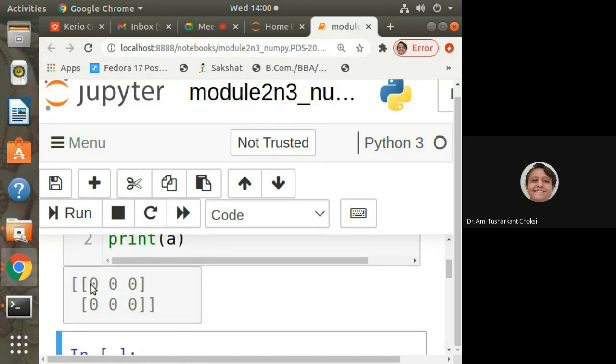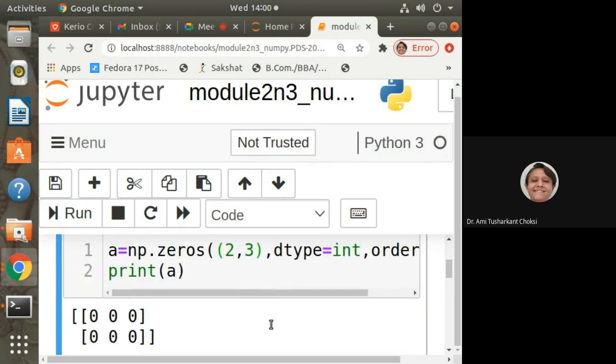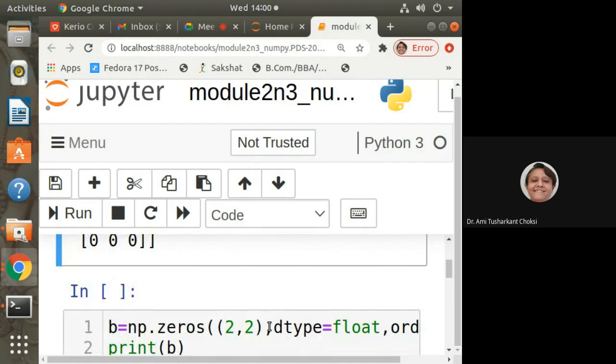So 2 rows and 3 columns are there. It makes our life simple. No need to have 2 loops, array ij is equal to 0. Just one line. That is np.zeros and this one. Fine? So data science is so nice. And with Python, oof, cool, isn't it?